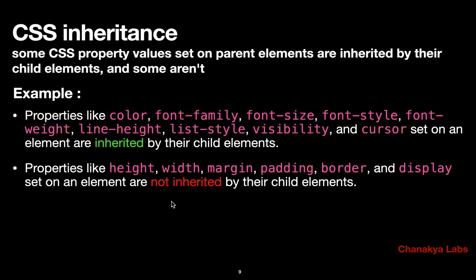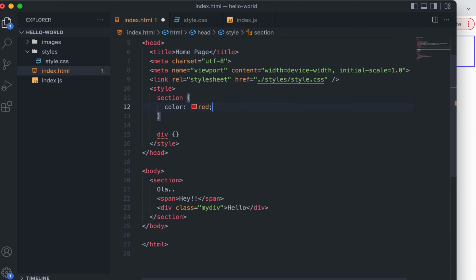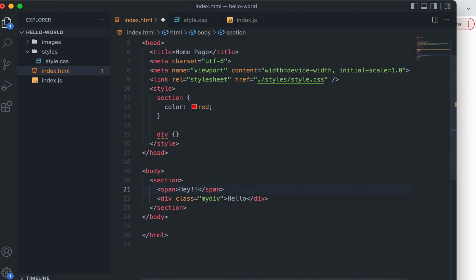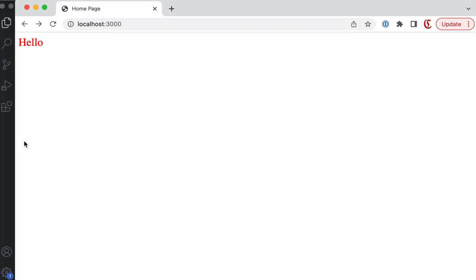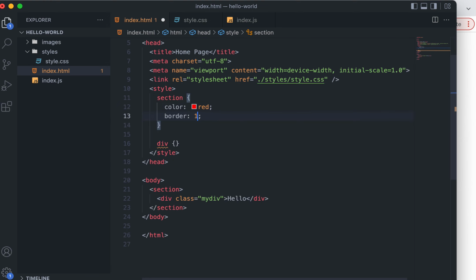Now let me give you an example of width not being inherited. So we saw that color is inherited, that is fine, right? But let's say, right now what is happening? Right now it is something like this. Let's make this somewhat simpler. Section, div. Okay, so let's make something like this. And let's have a border for simplicity. So let's say this border is 1 pixel solid, let's say blue, and this is, let's say, 1 pixel solid